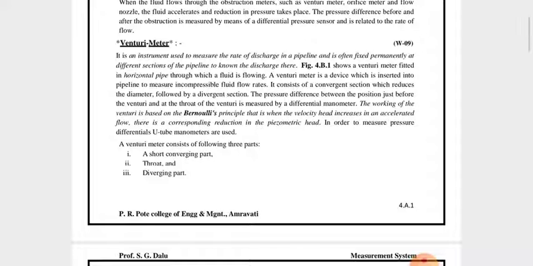The working of the venturi meter is based on Bernoulli's principle. That is, when the velocity head increases in an accelerated flow, there is a corresponding reduction in the piezometric head. So, in order to measure the pressure differential, a U-tube manometer is used, meaning for the measurement of pressure a differential manometer is used. A venturi meter consists of the following three parts: short converging part,